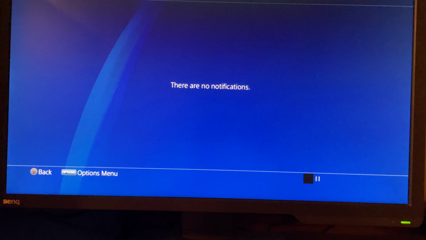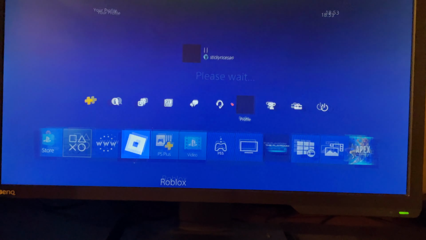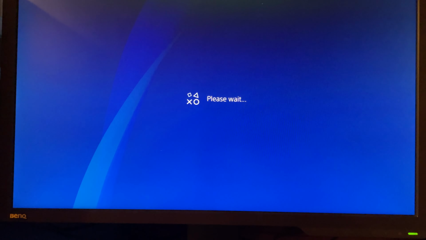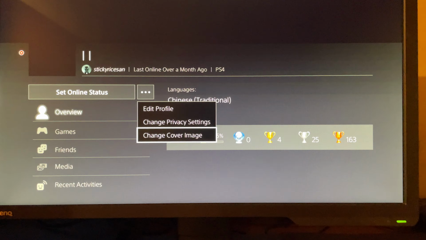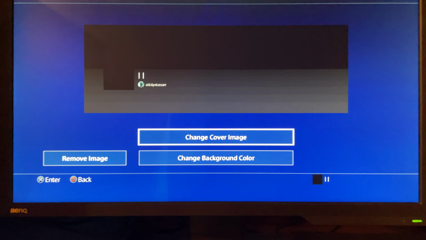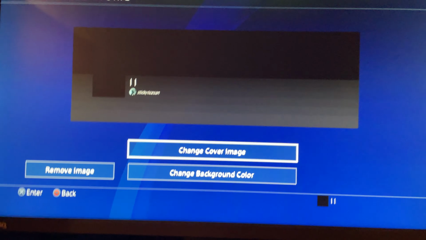And then after that, you want to go to your profile, and then it should take you to this screen, and then you want to press the 3 dots, then go to change cover image, right? And of course you want to make sure that your stuff's all black,